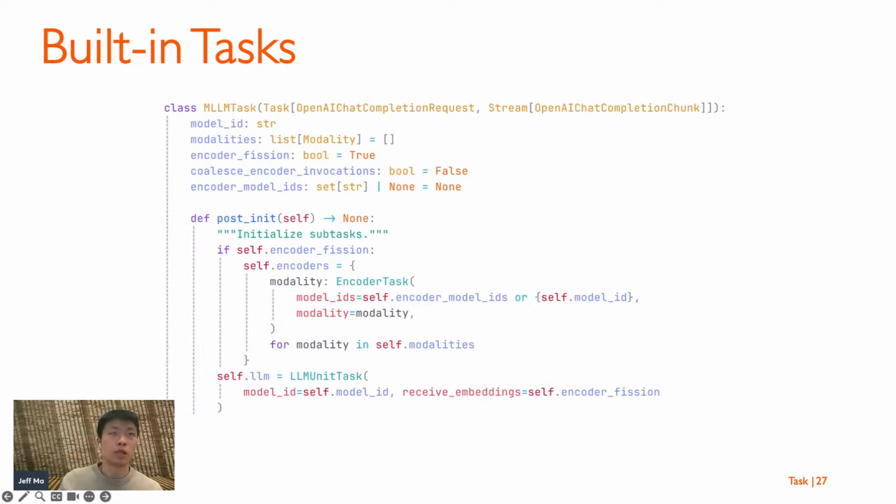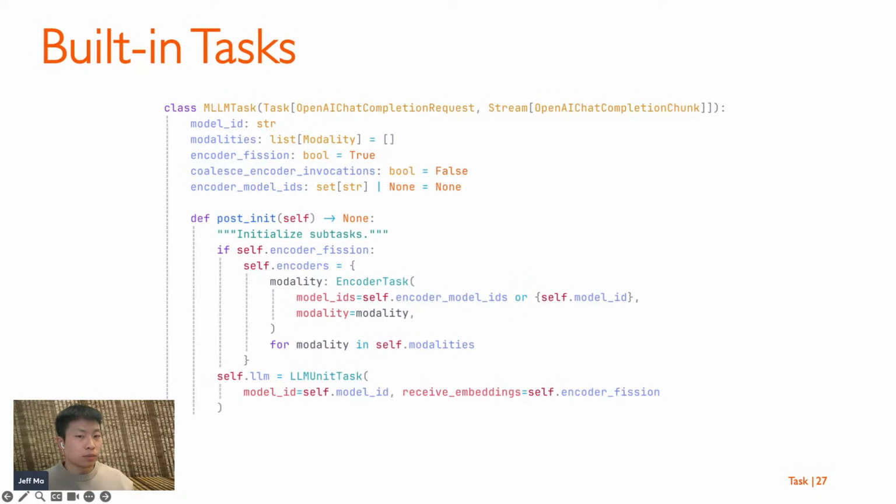So this is the high-level definition of our MLLM task, with some expected fields such as model ID, the modality served, and we also have this field called encoder efficient, which determines whether the encoder will be disaggregated in the data plane. With these fields, the composite task will instantiate corresponding unit tasks as needed, such as encoders for each modality and